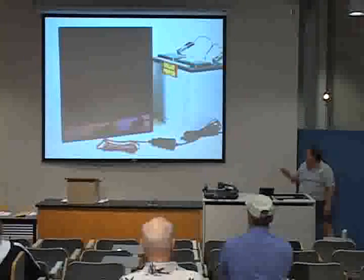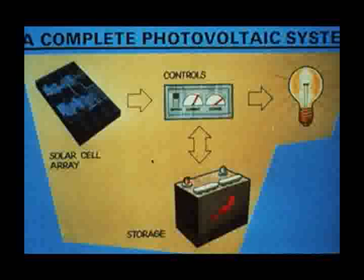This is a very basic, simple solar system. It's certainly how I started. If you have a small enough solar cell, you can just hook it up to a battery and it'll trickle charge it. If you hook up too big of a panel to a battery, you'll boil the electrolyte right out of it and you'll ruin the battery, which kind of gets expensive. So the industry came up with what's called a charge controller, basically a little brain that goes in there and looks at your battery, and when your battery's full, it opens the circuit. And PV doesn't care if the circuit's open or closed. So now everybody's happy and you don't ruin $100 and $200 batteries, which I have done. The other thing they do